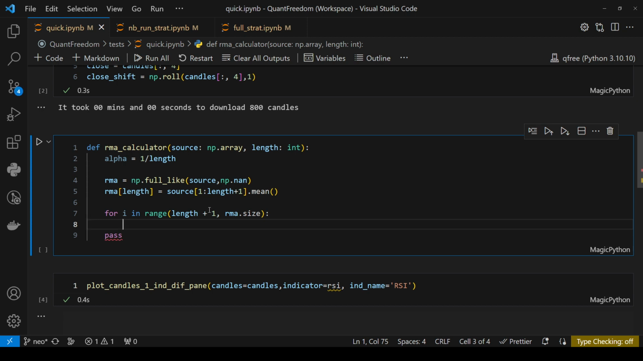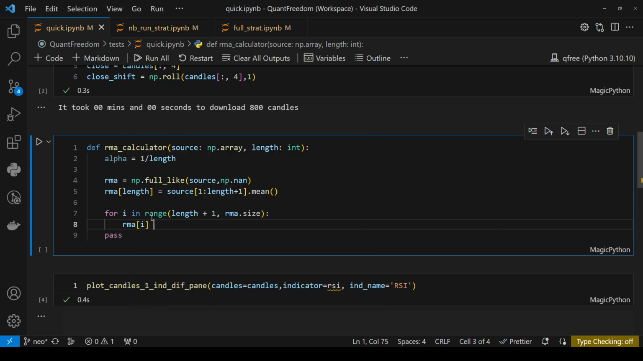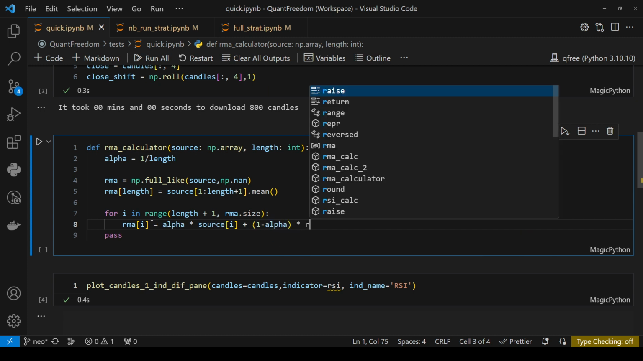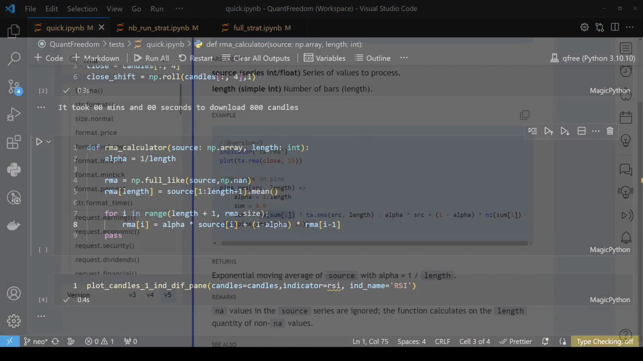And so what are we doing here? We're going to start a for loop at length plus 1 because we already stored the value of length right here into the RMA. And i is just going to start at 15 and go up to the RMA size that we have created for ourselves. And we're going to do RMA[i] equals alpha times source[i] plus 1 minus alpha times RMA, and then this one's going to be i minus 1, because again, according to how TradingView does it,